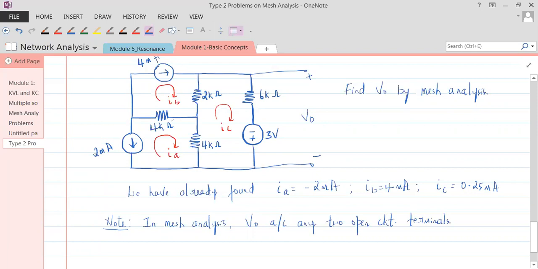What are open circuit terminals? Here they are open circuit terminals. So this is one terminal which is open circuit here. This is another terminal which is open circuit here. So across two open circuit terminals, suppose you are asked to find out V naught, then what would you do? Okay, V naught across any two open circuit terminals can be found out